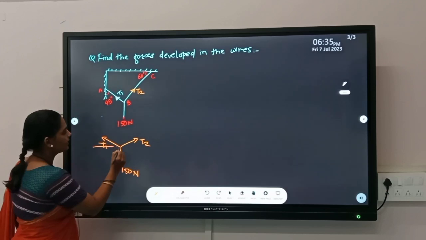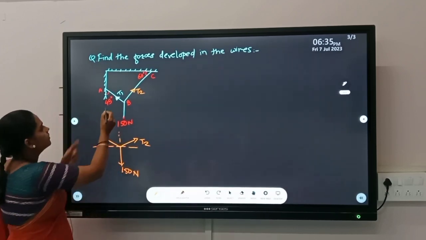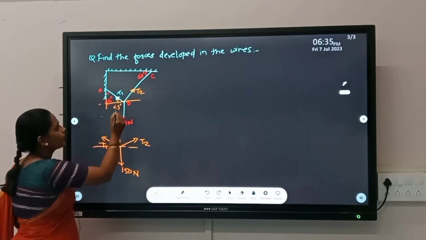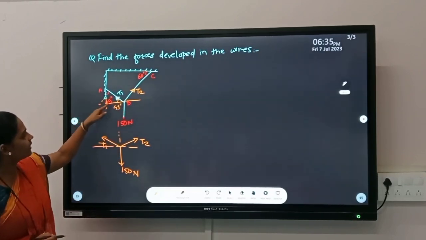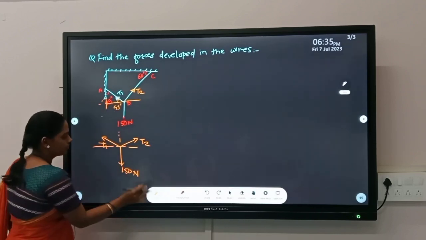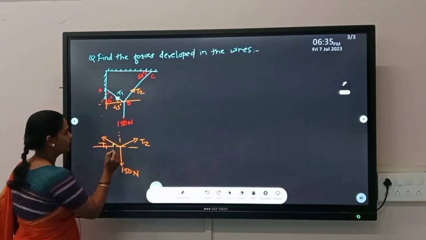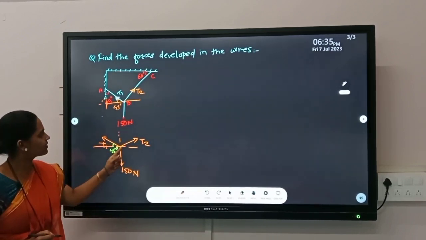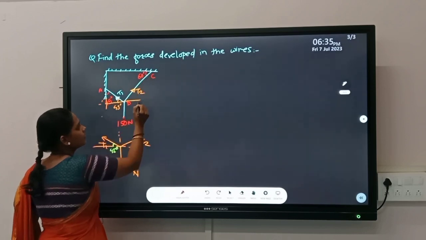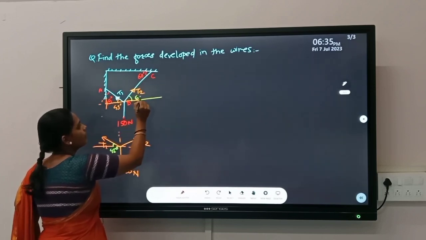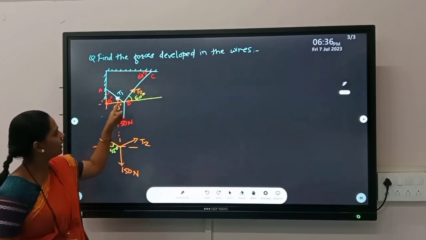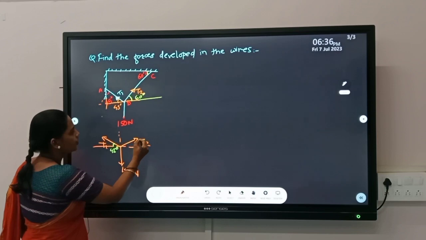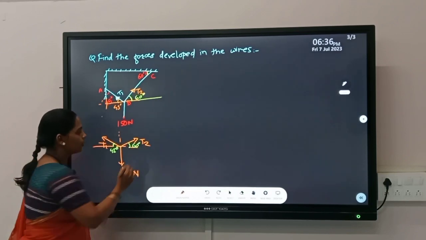So what are the angles in between those? Since this angle is 45, this angle is also obviously 45 because this is a triangle of 45, 90 and 45 degrees. So this force makes an angle of 45 degrees with respect to the x-axis. Again, since this angle is 60 degrees, obviously this angle will be 60 degrees since this is a Z here. So these are similar angles here and here. That's why T2 makes an angle of 60 degrees with respect to the x-axis.